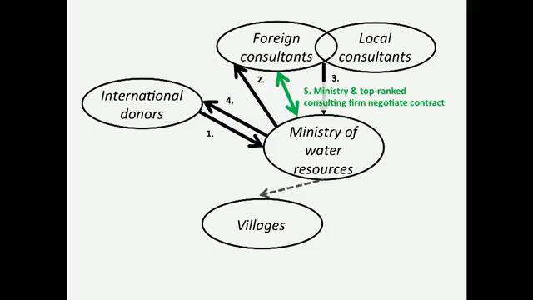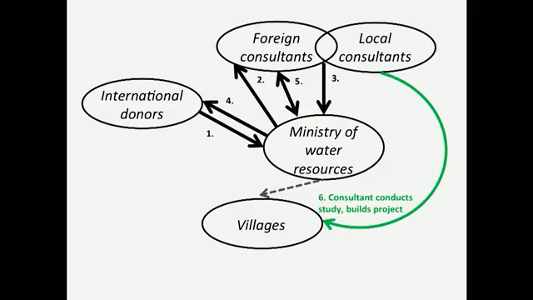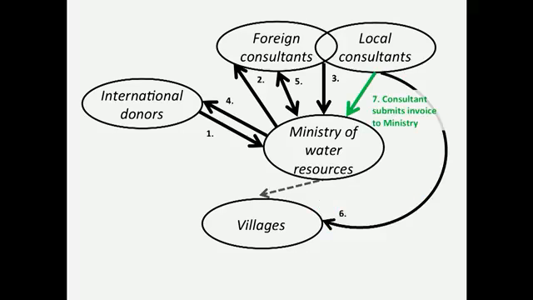In Step 5, officials in the ministry and the top-ranked consulting firm attempt to negotiate a contract. Here, officials in the ministry may attempt to solicit a bribe from the contractor or the consultant in order to successfully conclude the negotiations. In Step 6, the local consultants, in collaboration with the foreign consultants, conduct the study or they build the project. In Step 7, the consultants submit an invoice or a series of invoices to the ministry